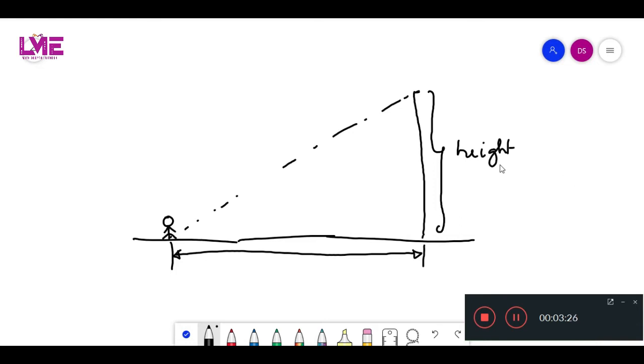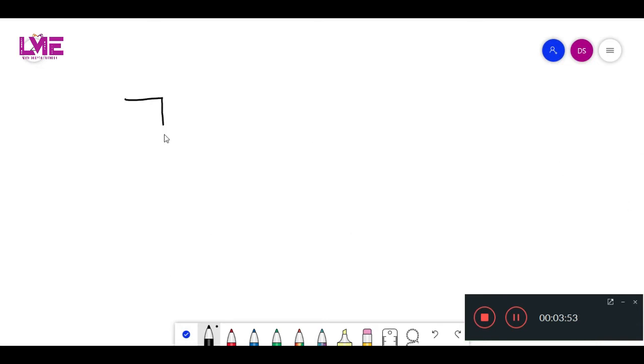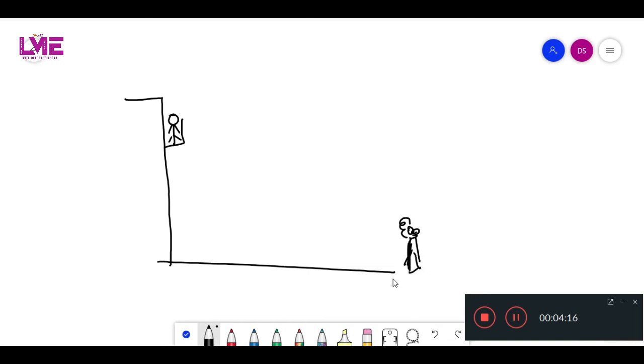So let us take one more example. So let me take a building over here, and there is a balcony, and a man is standing here on the balcony. Okay, and there is a road over here. And on the other side of the road there is a plant. Let us take a flower plant. Okay, now a man standing here on the balcony, let us imagine he is looking at the plant.